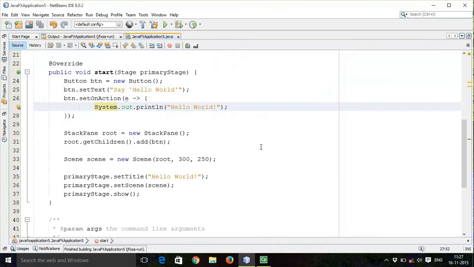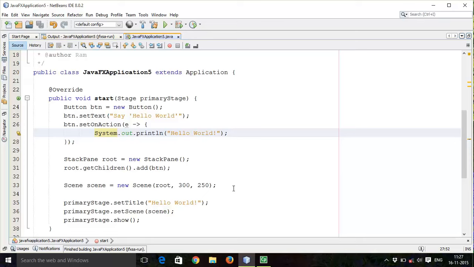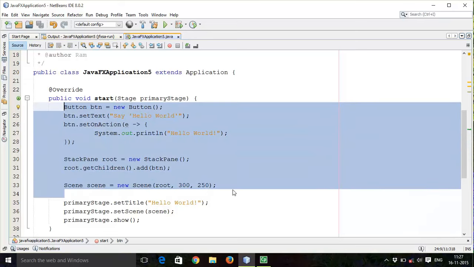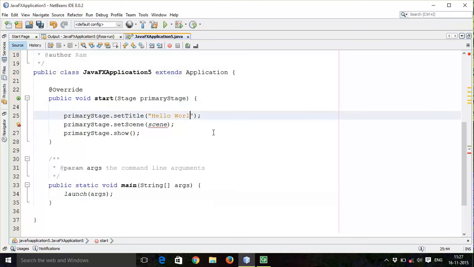and hence by adding a lambda expression it works the same. So let's start with our example. I will change this and set the new title JavaFX 8 tutorial 8 on save action event with lambda expression.